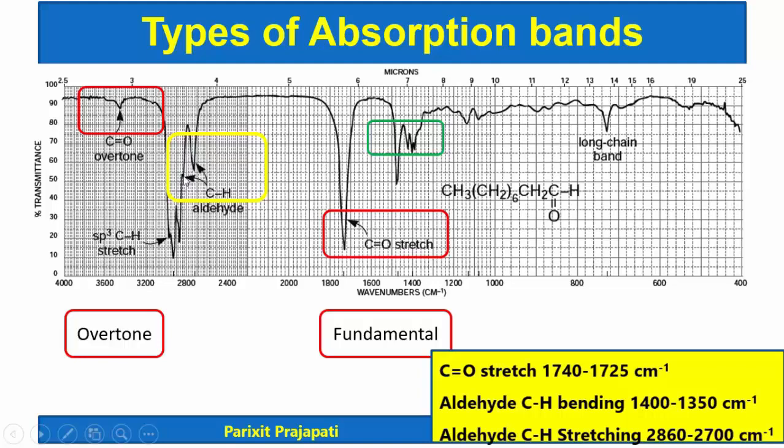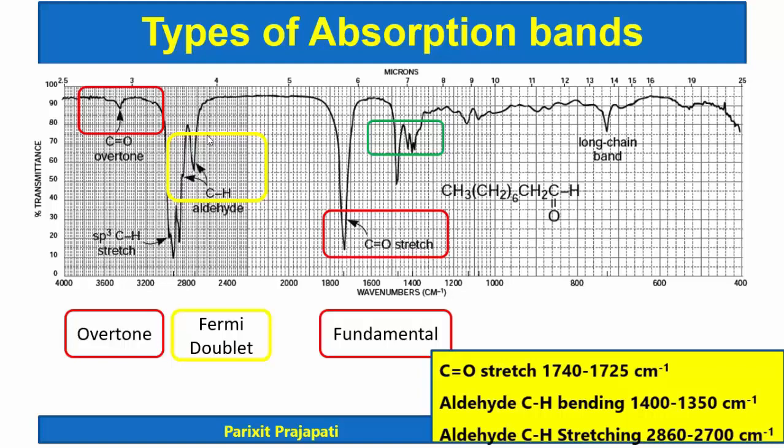Say here, one is CH, another one is also CH. One is because of CH aldehydic stretch and one is because of the overtone of CH bending. So now both are coming in the same area. This is coupling of fundamental vibration with overtone, and it is known as Fermi resonance. Here two peaks are combined, so that is why it is known as Fermi doublet.